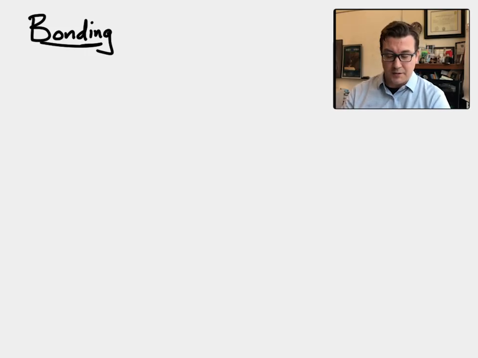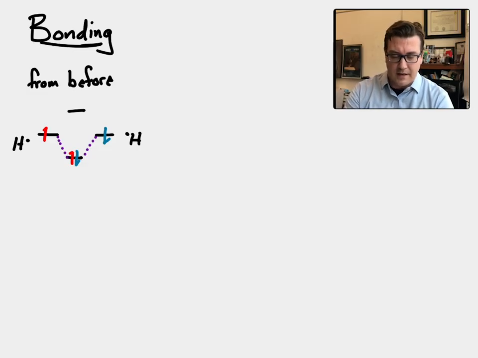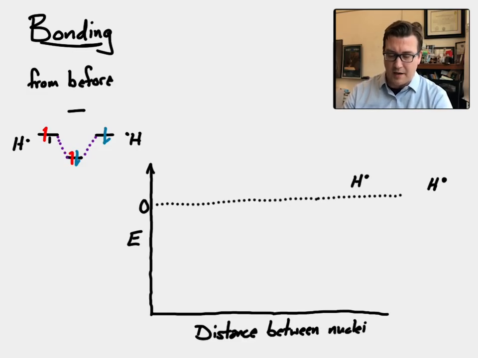And so, as I told you in the last video, I was going to go into a little bit more detail. From before, we talked about the bonding of hydrogen atoms, and how two come together to form a bond. And I said that that bond is more stable. And sometimes you just have to believe me, or sometimes I can show you a little bit about why that's the case. So, if we look at a diagram of energy on the y-axis